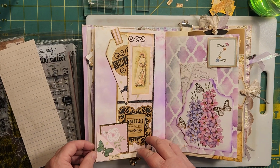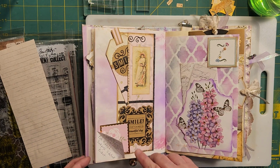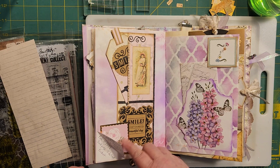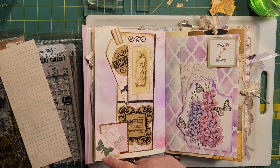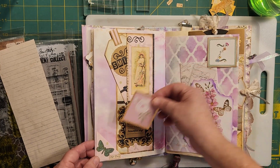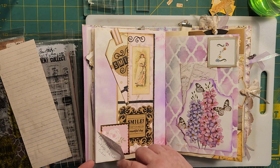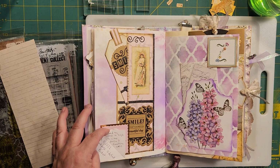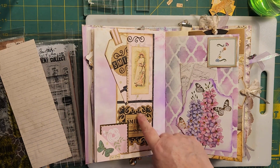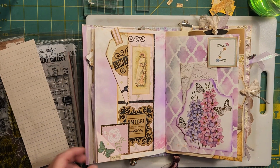All right, this is one of those Rita Donnelly flips that I couldn't remember the name of. It's just a square, and you fold it in half, and you glue it on the two sides here, and it makes a pocket. This is a book page side tuck pocket. I glued my pocket so high, this one doesn't function well. I glued this smile piece on here, and that closed up most of the pocket,